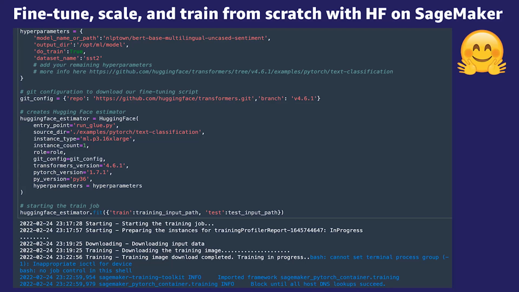And then in my estimator, I'm pointing to the name of a script that is sitting in GitHub. I do not have this script locally. The script is not sitting in a local file, it's sitting on GitHub. And then in the source directory parameter, I'm passing in the directory, so the path of this script